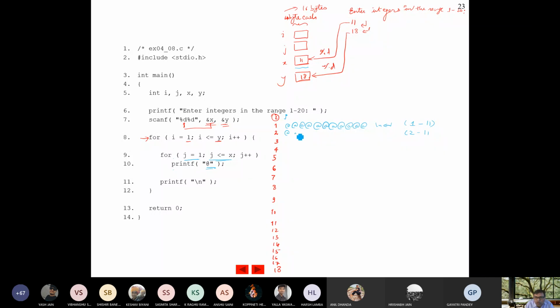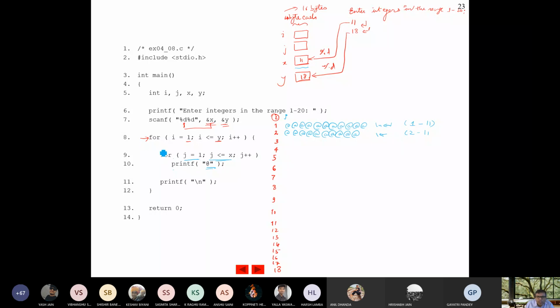So 2, 3, 4, 5, 6, 7, 8, 9, 10, 11. Now slash n will come and it will go to the next line.